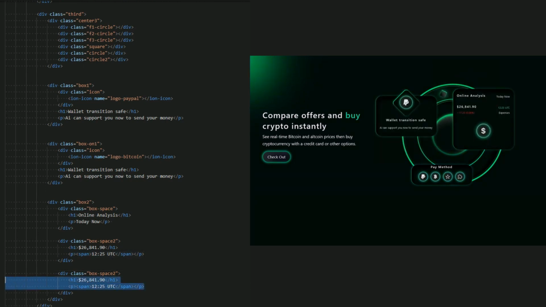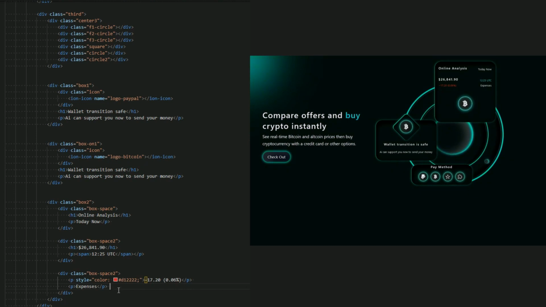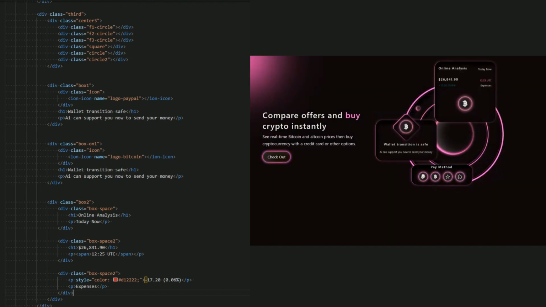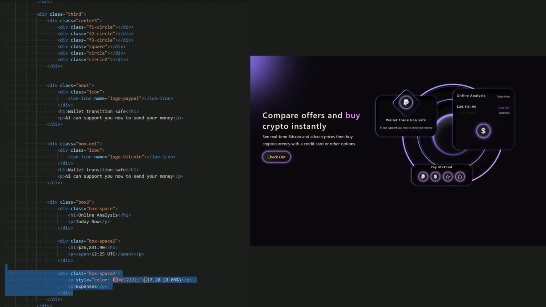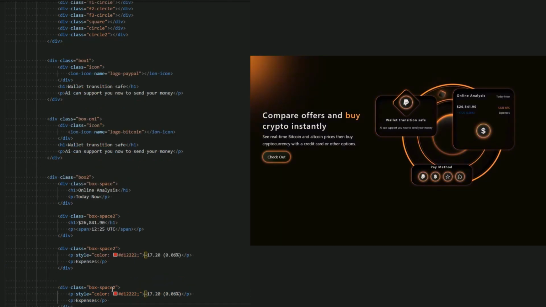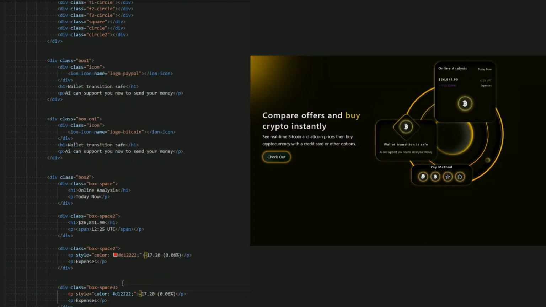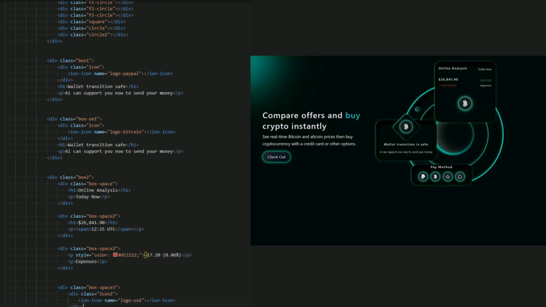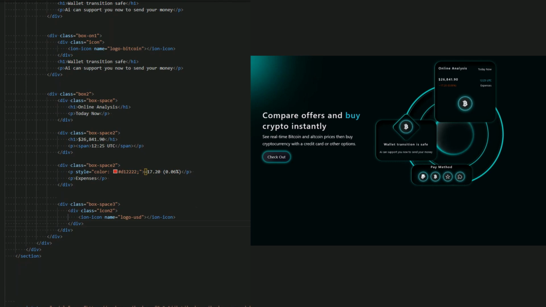This box space 2 with the color of red for this. And now for this box space 3, which has the icon in the bottom, as you can see inside of this box too. So let me again copy, paste it, box space 3, just add the icon. This is the box space 3, which is the center of this icon.